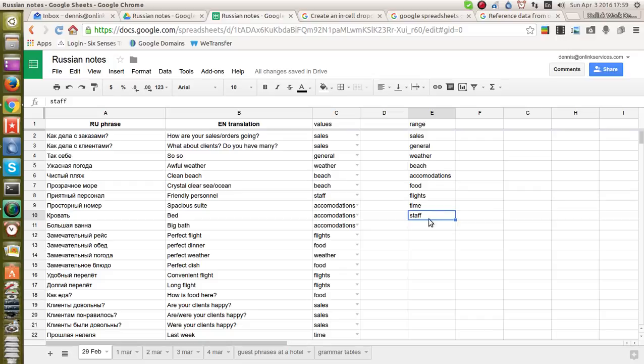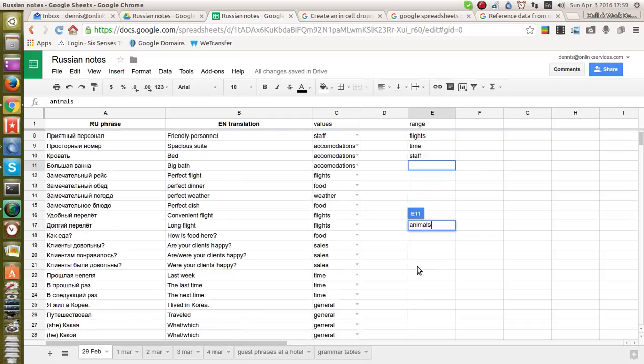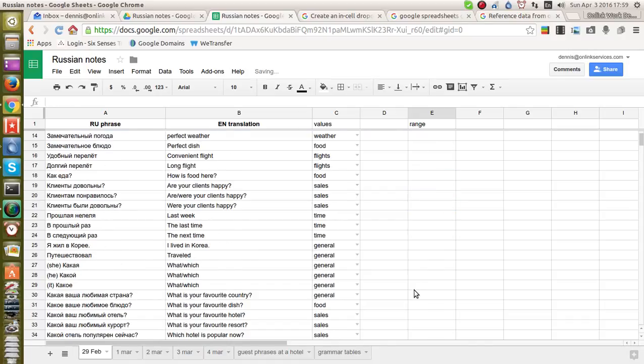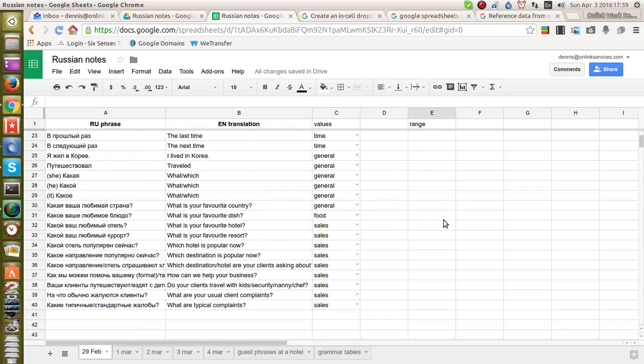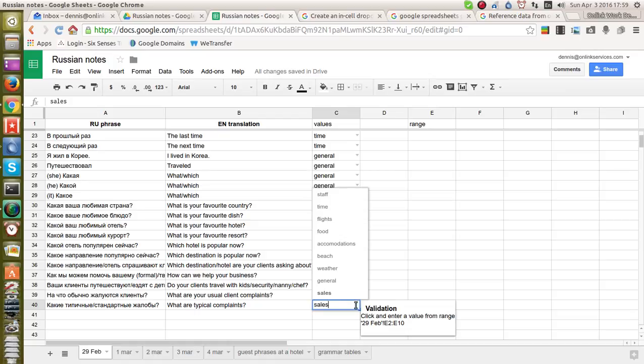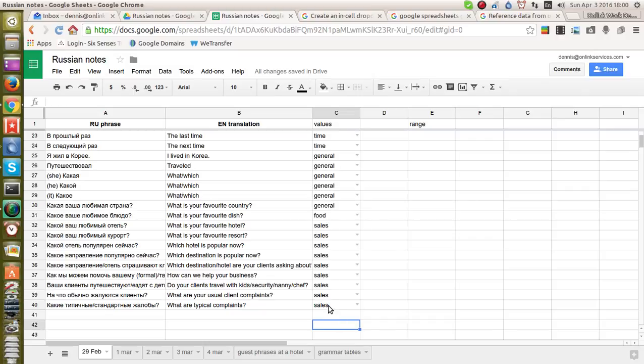Keep in mind that if I want to add something, for example, animals, just for example, if I add animals and I go down here and I want to change this so that it has animals, you'll see that the range has not been updated because I need to change this to E11. Now we do that, and I will select that, and then